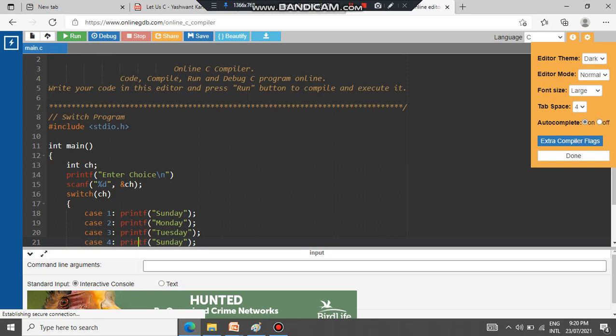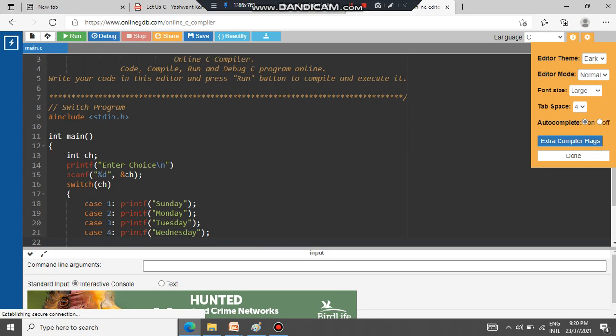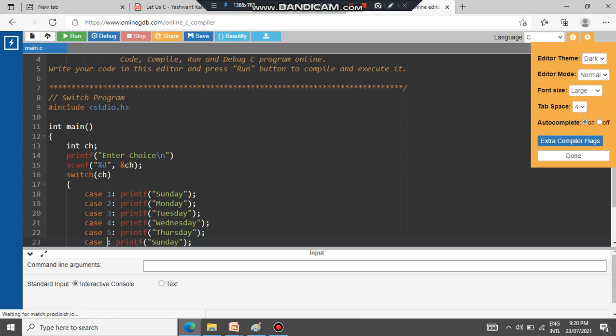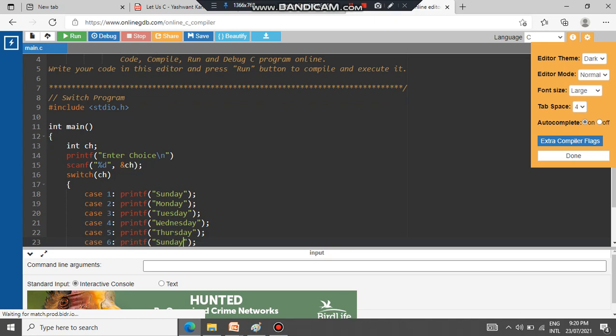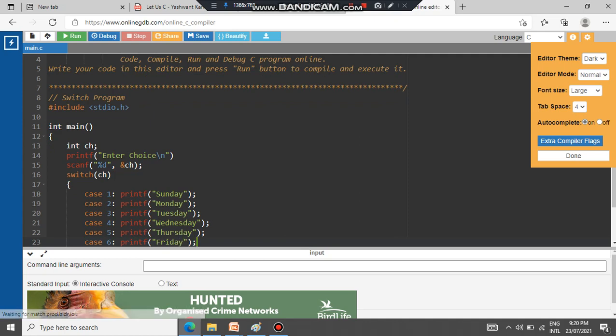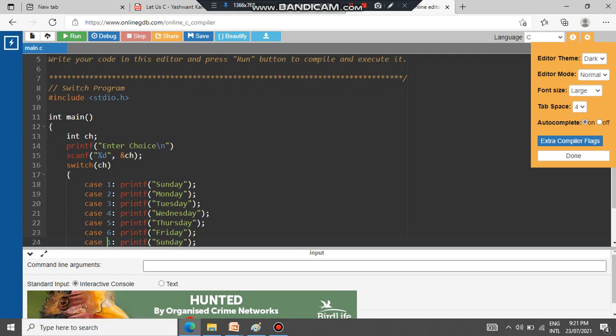So if the choice entered is day number 4, as we know, day number 4 is Wednesday. Then case 5 will be Thursday. Case 6 will be Friday. Case 7 will be Saturday.